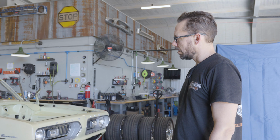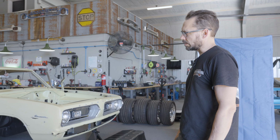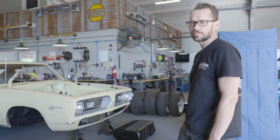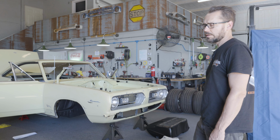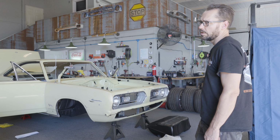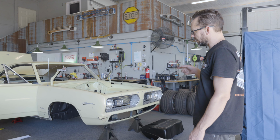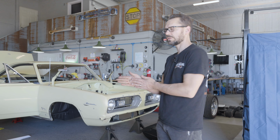So I've got a show I've got to go to for a couple of weeks. So basically we're gonna have a little downtime on this project until then. So when I get back though, the suspension parts should be here. We'll get that stuff welded up, fit to the car, welded, and then we'll be back in business. We still got plenty of